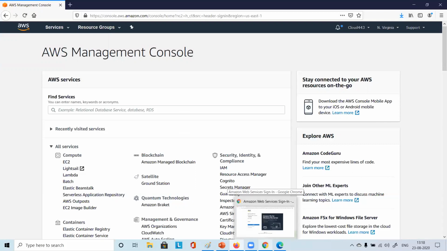Yes, because that user you have created is from your account only. That IAM user is part of your account. You are the root, the owner of that company, that organization which is holding that account. So you are the root authority, the supreme authority.